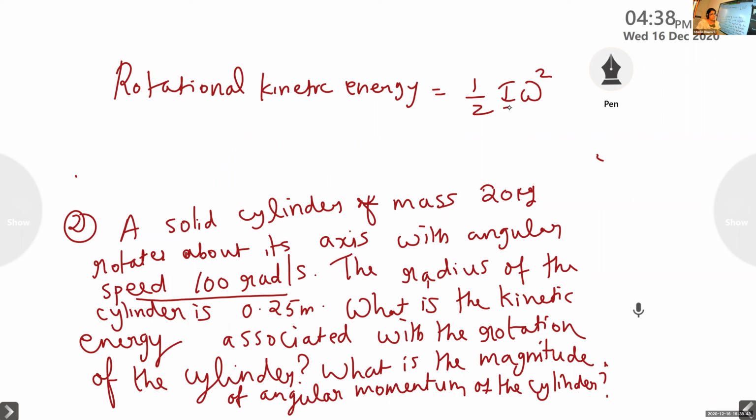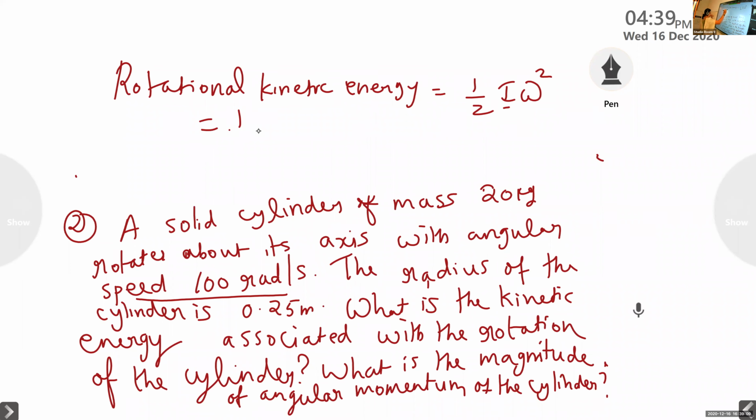It's a solid cylinder, it is not a hollow cylinder. So since it's a solid cylinder, its inertia is mr squared by 2. You can check on the table if it is correct. Then we just have to substitute that equation. I told you, you need to learn that table by heart. So for a solid cylinder, it is given as mr squared by 2.